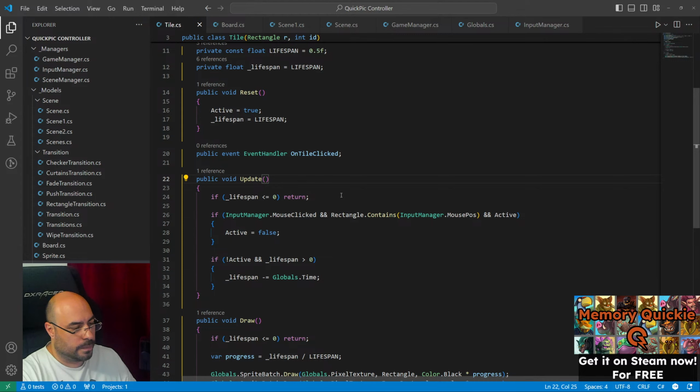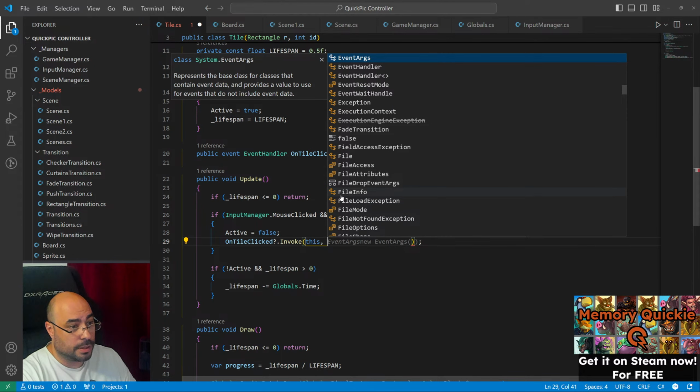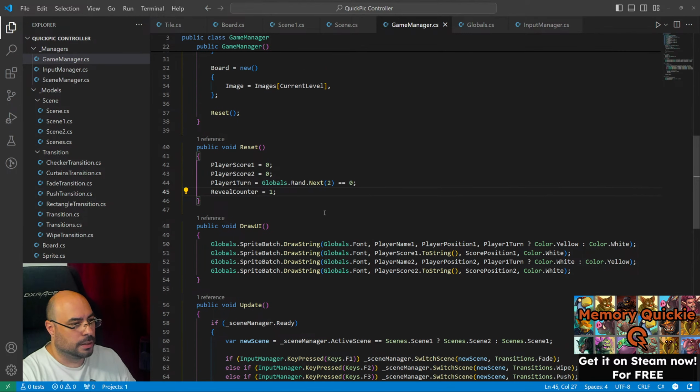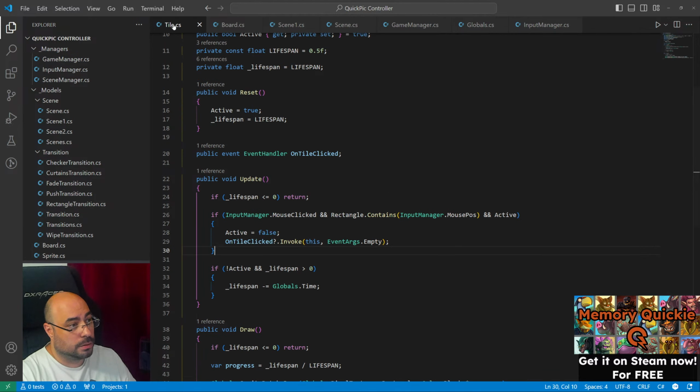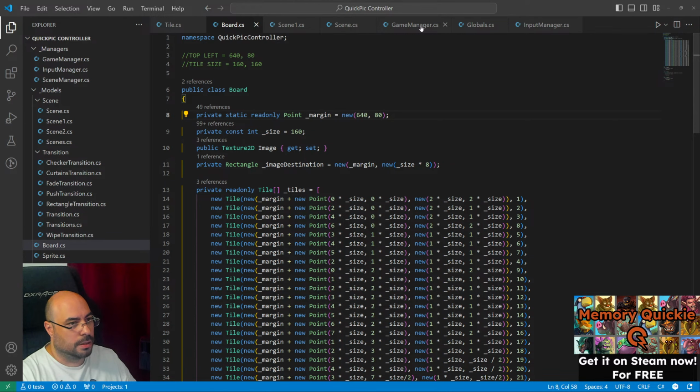Then it will fire there. On tile click invoked, this, yeah, I wanted that empty. Event args empty. So something like that. Yeah, I don't think I need any more information other than a tile was clicked, right? Let's edit it there. Let's create a handler. Also, I'm gonna make that event static, so I don't have to assign it to every of the 48 instances, even though I could, but I don't see the reason why. So yeah,